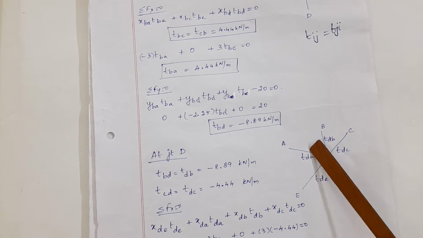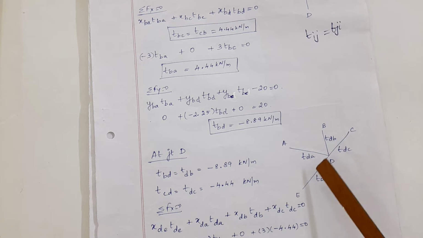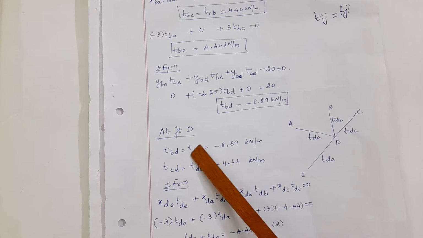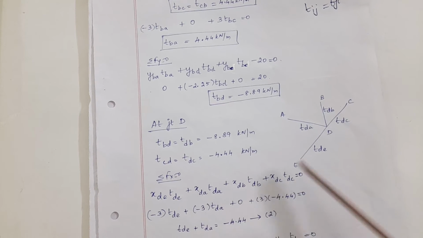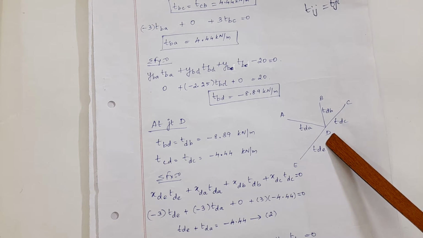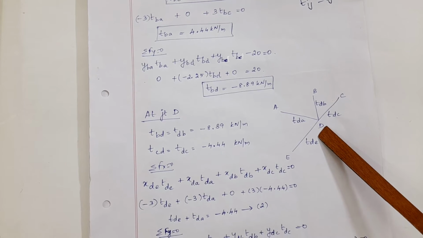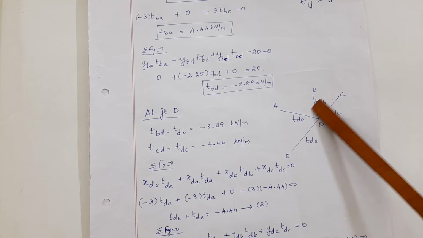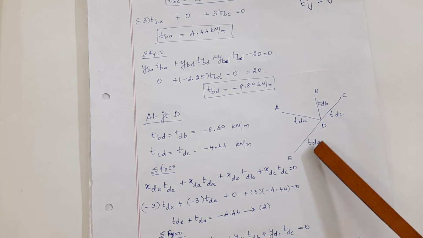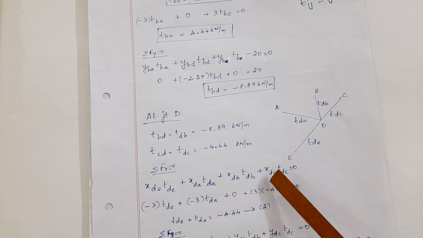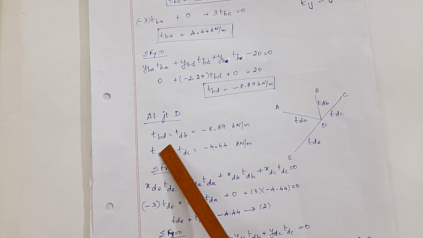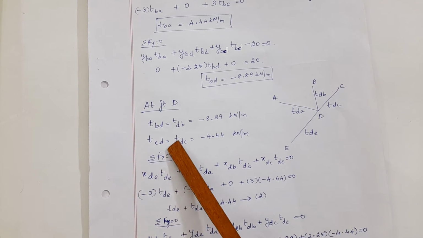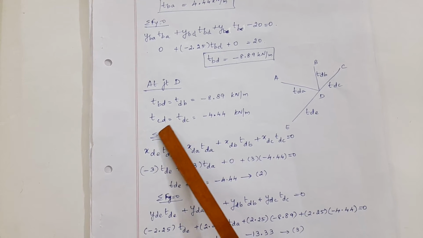Now I can go to D because there are only two member forces which are unknown. I have two equilibrium equations. So let us go to joint D. I have drawn all the members connecting at joint D. If any horizontal loading or vertical loading at D, it also has to be marked. So here no loading, just the members. I have drawn all the members meeting at D. So here we already know the value of TDB because we have calculated it from the other direction as TBD. Okay, I take that answer here.